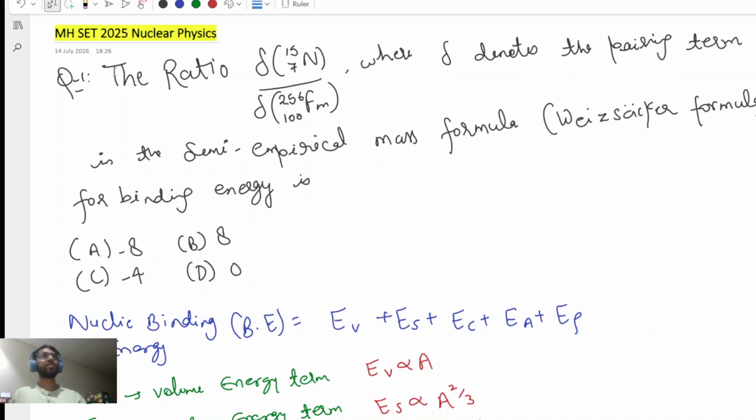This is MHSET 2025 nuclear physics questions. First we read the question. The question says that the ratio, this is the pairing term ratio, which is used in the semi-empirical mass formula for binding energy. What will be the value of this ratio? It is asked. So we know that for binding energy, we have